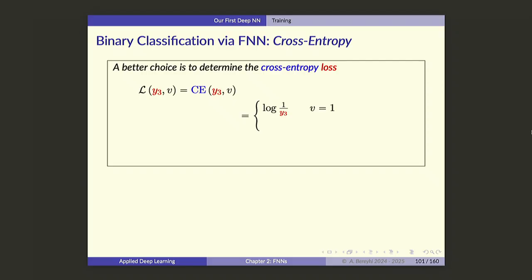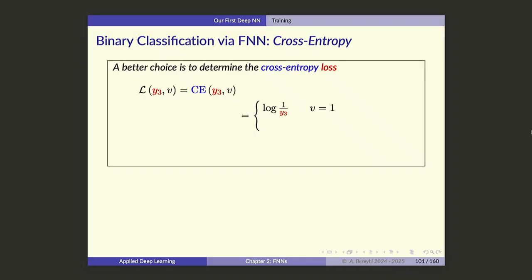Now, if y3 gets close to 1, what's going to happen to the loss value? It's going to be 0, right? If y3 is very small, if it gets close to 0, what's going to happen to that loss value? 1 over 0 is infinite. Log of infinite is infinite. It's going to get very large, right? So if y is close to the label that I want, the loss is going to be 0. Once I deviate from that value, when I get close to 0, which I don't want, the loss is getting